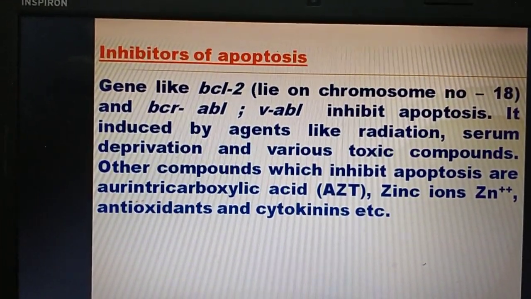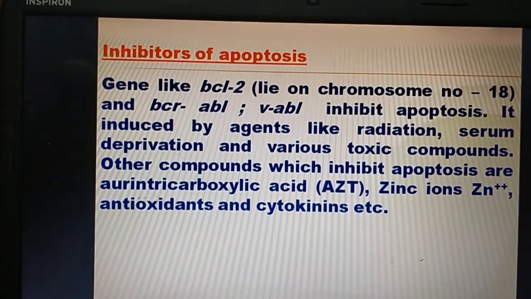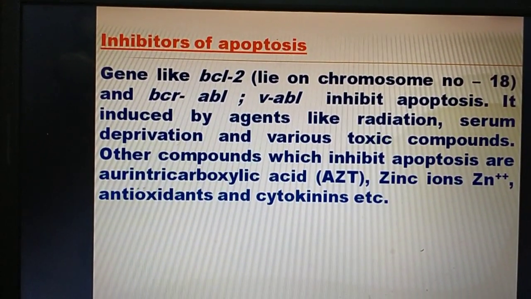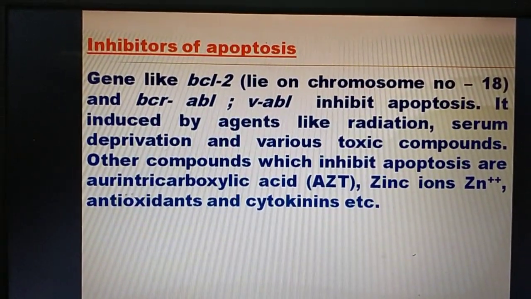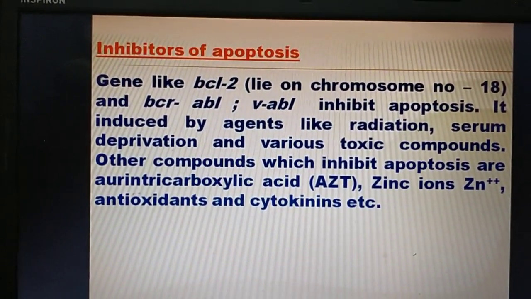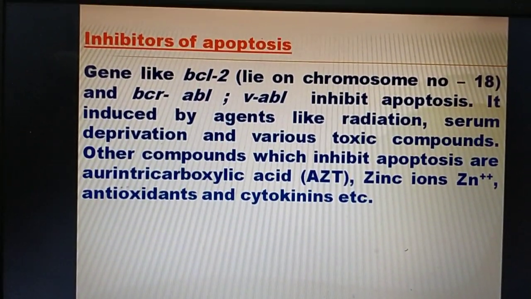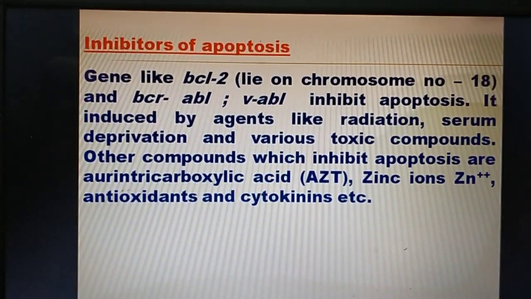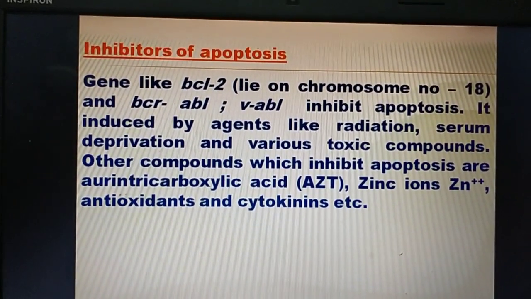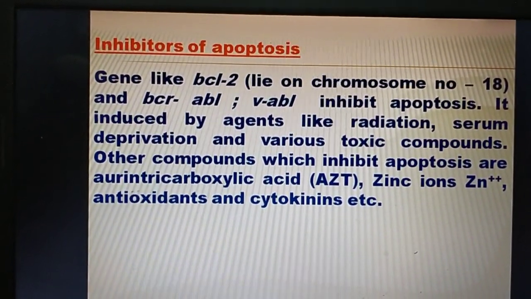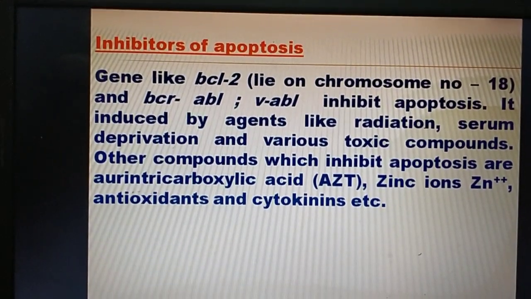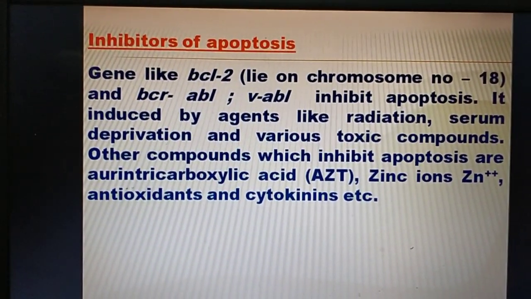Inhibitors of apoptosis: genes like BCL2, which lies on chromosome number 18, and BCR-ABL inhibit apoptosis. It is induced by agents like radiation, serum deprivation, and various toxic compounds. Other compounds which inhibit apoptosis are AZT, zinc ions,